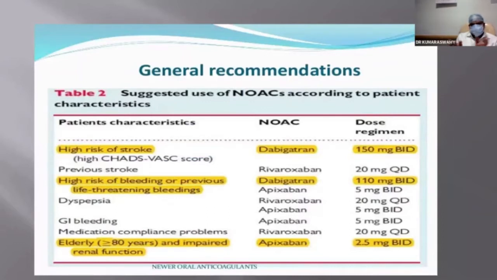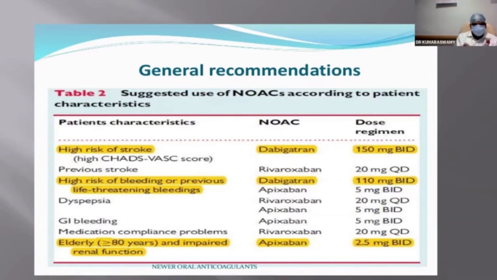So this is, I think, an important slide, because nobody will have the time to go and check the PT INR, and also regularly maintain the INR in the normal, therapeutic range. So to avoid that, I think nowadays everybody will advise new oral anticoagulants, direct thrombin inhibitors, direct oral anticoagulants. I think this is just a general recommendation, sir, on which conditions you have to prefer which NOAC drugs.